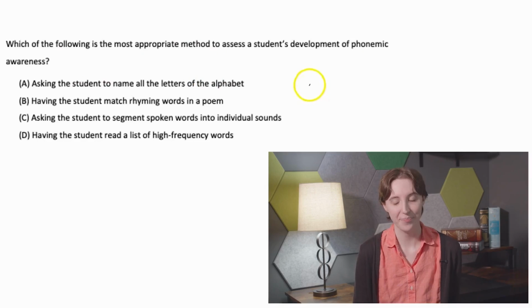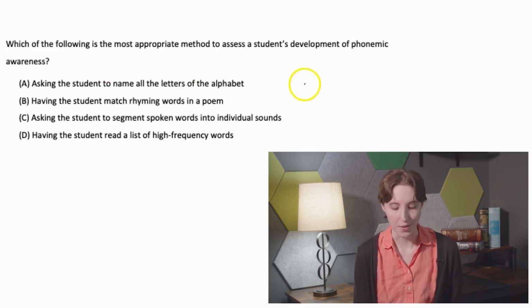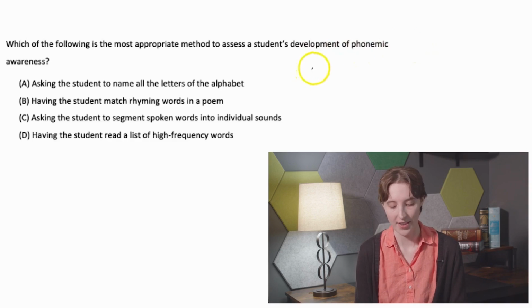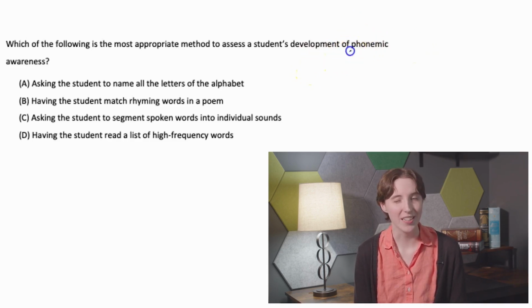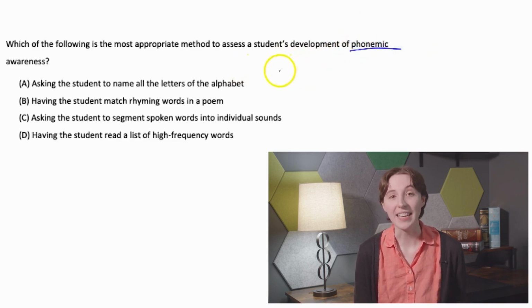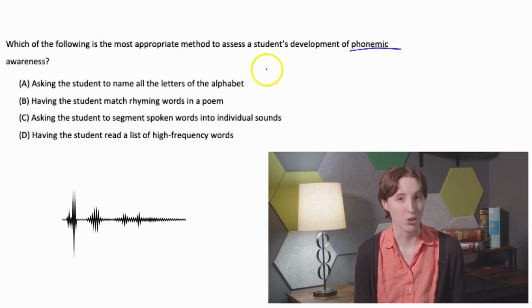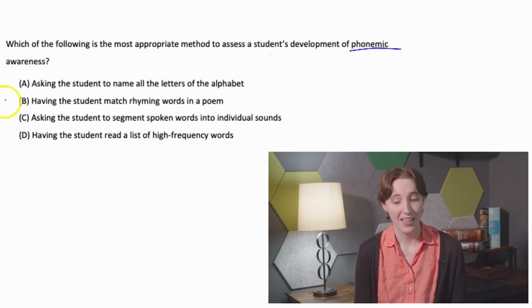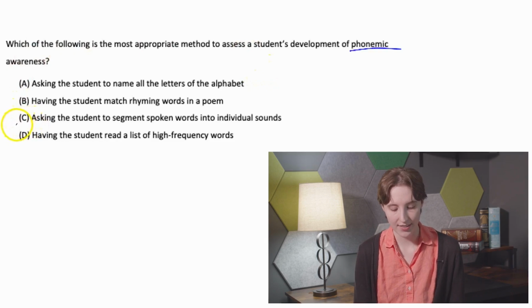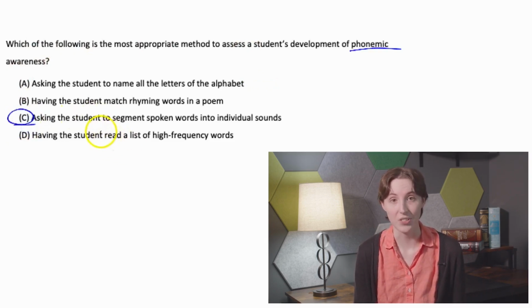Alright, let's begin. Which of the following is the most appropriate method to assess a student's development of phonemic awareness? The key word here is phonemic. Phonemes are the individual sounds that make up words. We can guess that the correct answer will describe phonemes in some way. Glancing at the answer options, C looks like the best answer because segmenting words into sounds is a core task